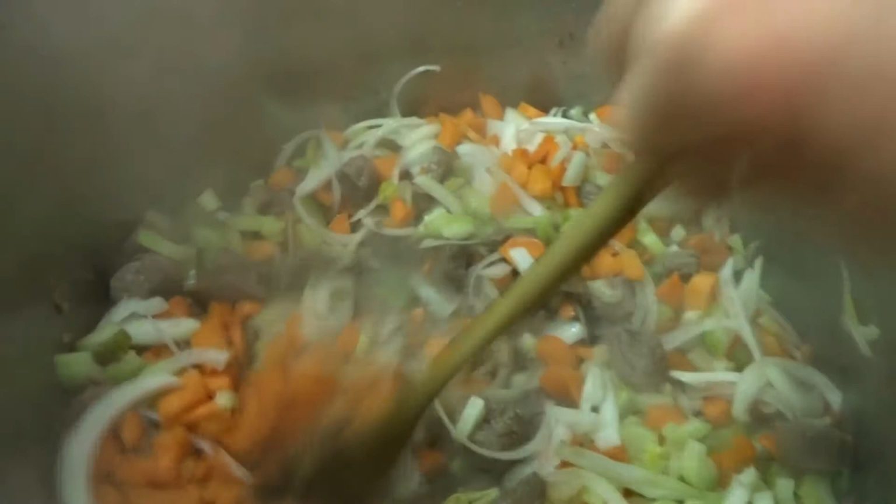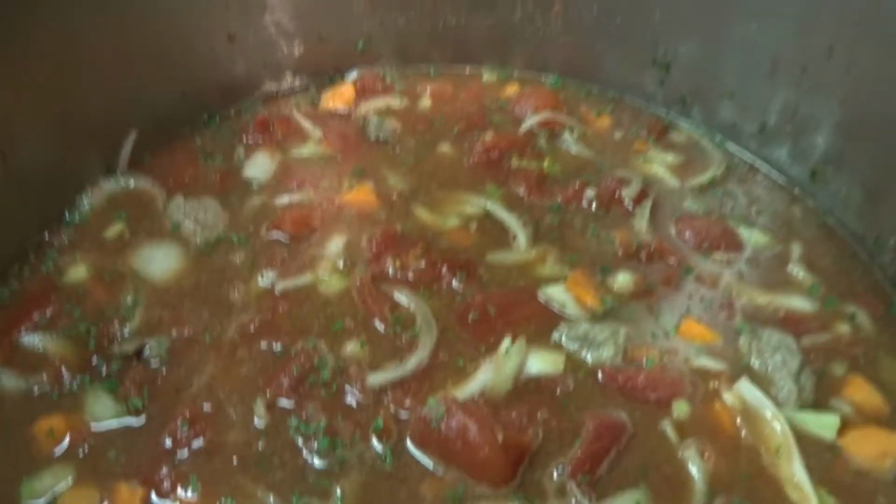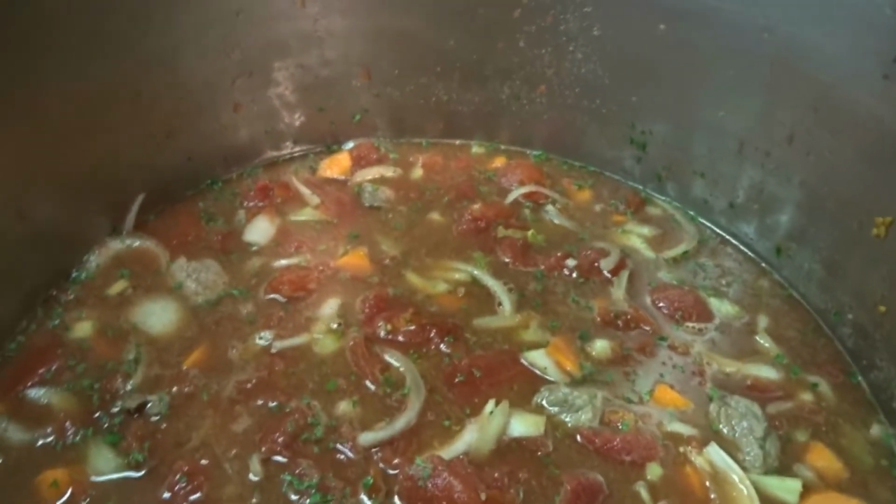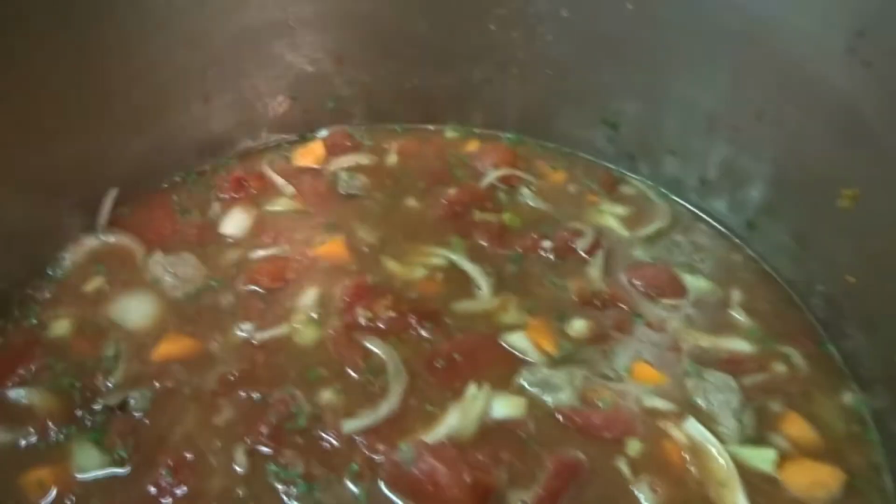When your beef cubes are brown, add your carrots, celery, and onion. And give that a good mix in. After that's all mixed up, then you add your beef broth and tomatoes. When you add the tomatoes, add the juices as well. And get your hand and crush the tomatoes up a bit so they're not whole tomatoes, so they actually look